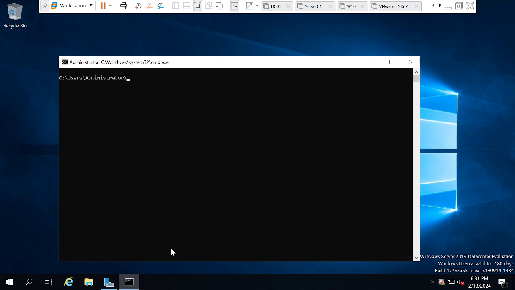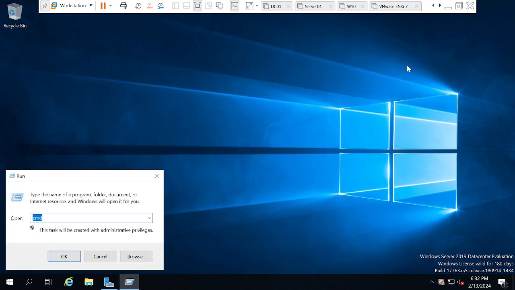There is a command called ncpa.cpl, network control panel. If you hit enter, a wizard opens, and that wizard will help you to add the IP address statically. So, ncpa.cpl,